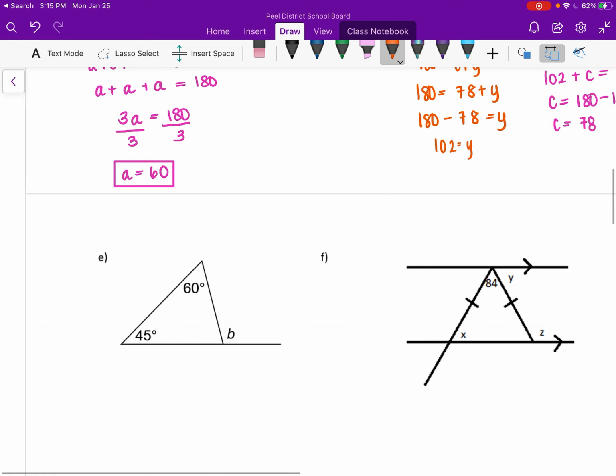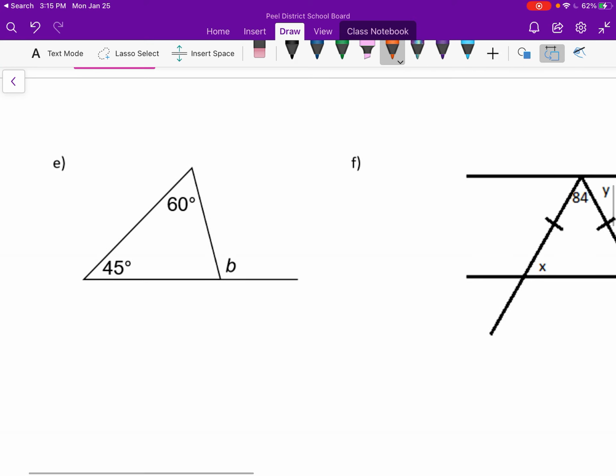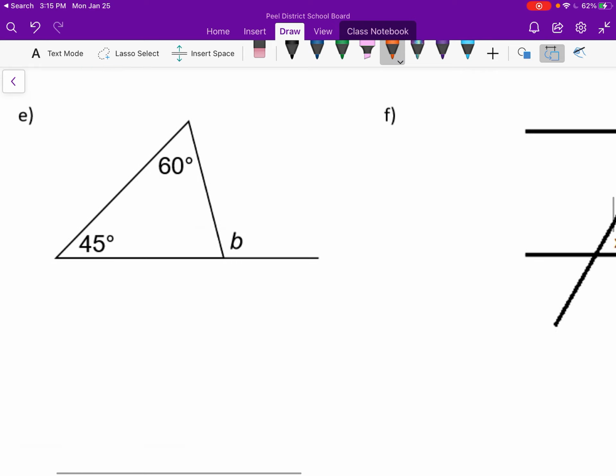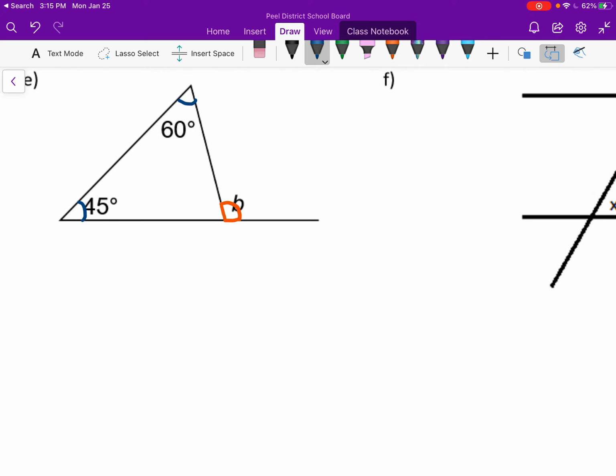Okay, moving forward. Here, this one's a little bit easier. We have the exterior angles theorem, which states that if we're looking for B over here, then it's going to be an addition of this and this, because they're the two angles opposite. So I'm going to say B is equal to 60 plus 45, which is equal to